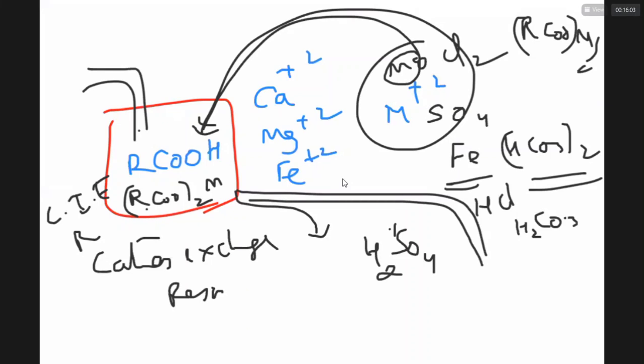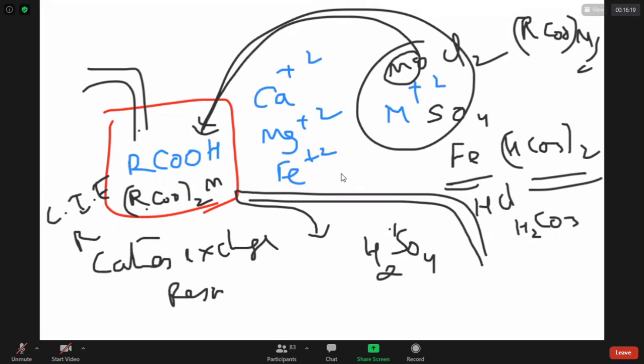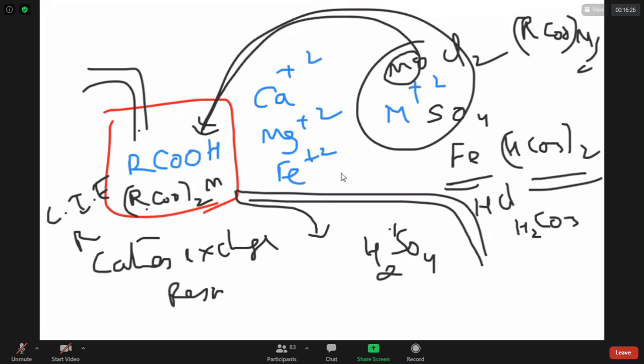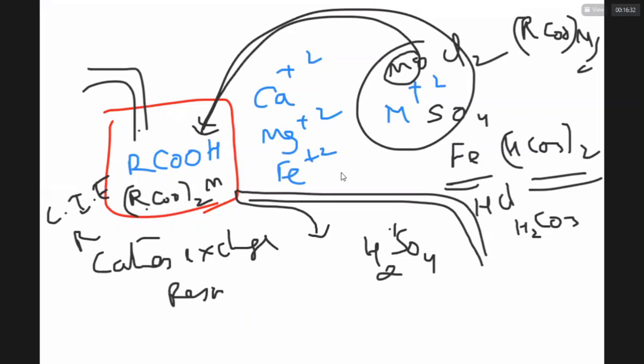Therefore, the negative part of the salt that causes hardness takes H⁺. The positive part is absorbed by the cation exchange resin so that it becomes metal carboxylate. In this way, you have completely removed any positive ion. It can be Na⁺, it can be Mg²⁺, it can be Fe²⁺. Any positive ion is absorbed and given H⁺. That is the greatness of cation exchange resin. It won't discriminate whether the metal ion is causing hardness or not.